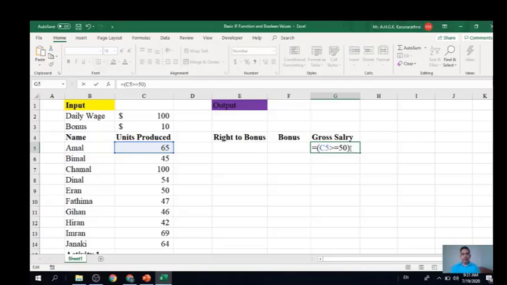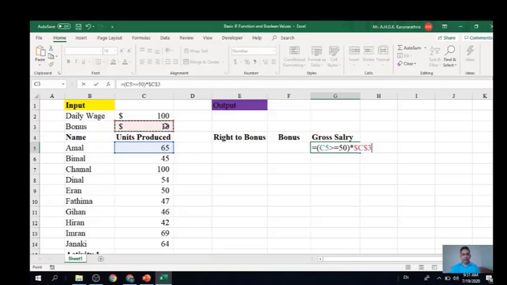right? If this condition is satisfied, you know you get the answer true. If the answer is true, you can multiply this by bonus and we'll make it fixed.